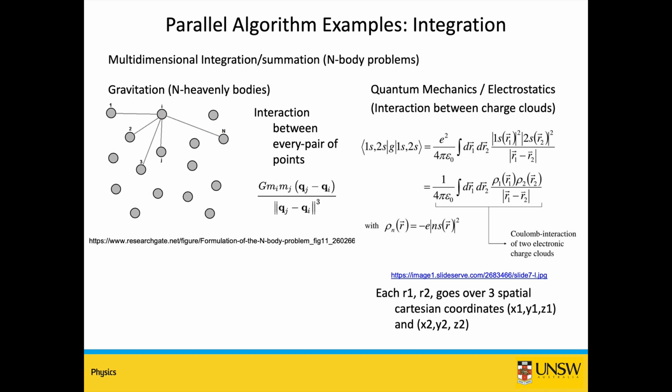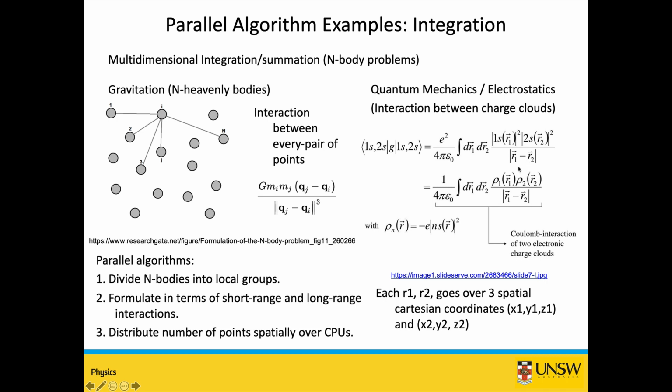The other problem here appears in quantum mechanics. For example, if you have, say, two electrons, one residing in a 1s orbital in an atom and another in 2s orbital, and you want to evaluate their Coulomb interaction. They are not point charges, they are charge clouds, right? Because they are wave functions. So you can have interactions between any 2 points in that wave function, right? And you have to integrate that over all space to get the total interaction. So over here, this Coulomb integral means a charge in orbital 1s is multiplying a charge in orbital 2s, basically is the charge density here, right? And also divided by the distance between them.